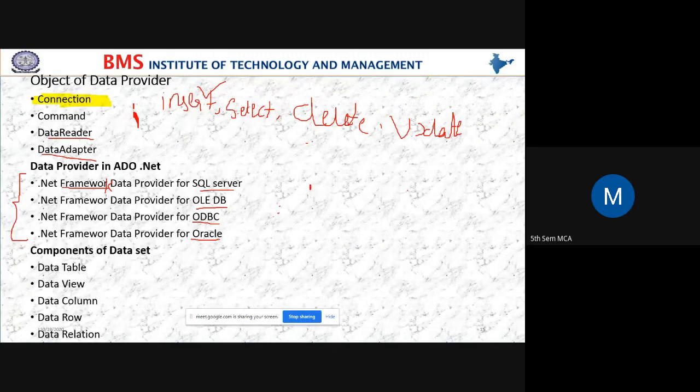Yes, students, the namespace is System. I'll write in short, students.